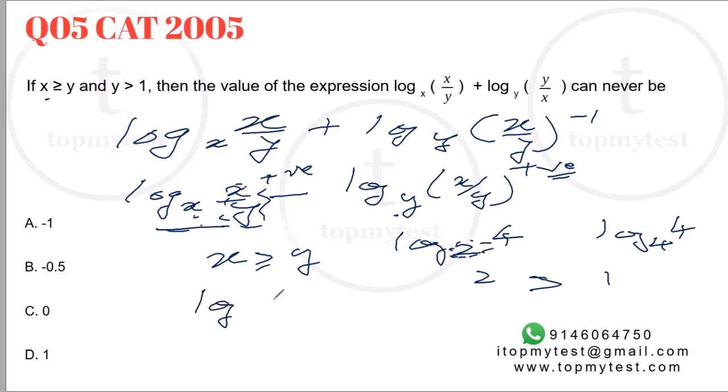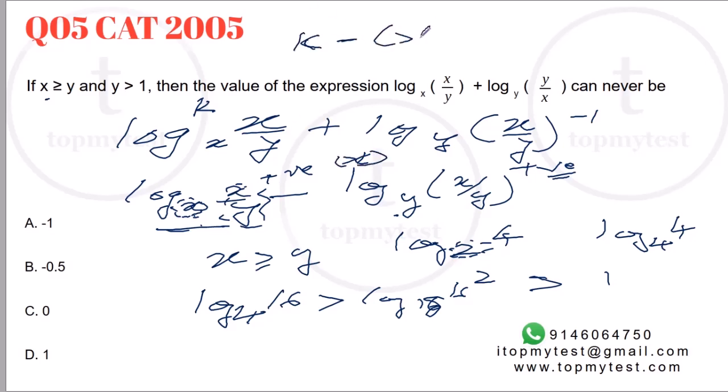You can verify with any other set also. Say log of 16 to the base 4 and log of 16 to the base 16. Obviously this is going to be bigger than this, or even 8 to the base 16, this is also going to be bigger than this. So we know for sure that log to the base x of some term will be lesser than log to the base y of the same term, because y is smaller than x. Which means if this value is k, this value will be a number which is more than k. Now from a value k, you are subtracting a term which is more than k. The result will be a negative number.